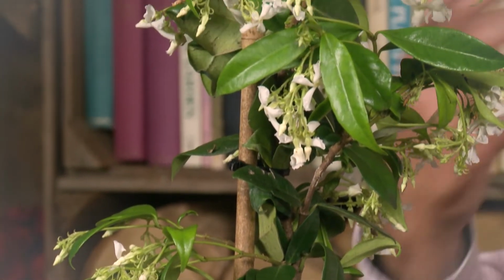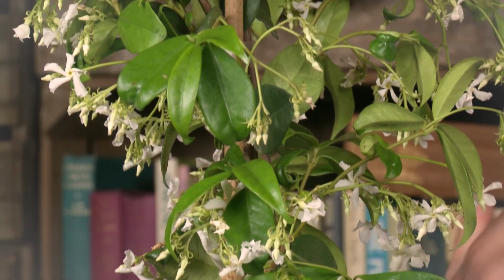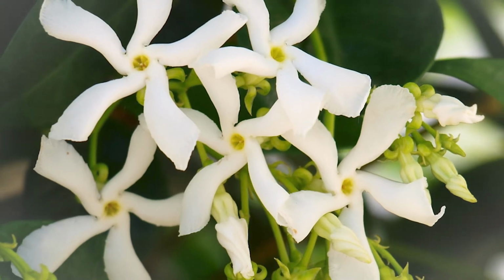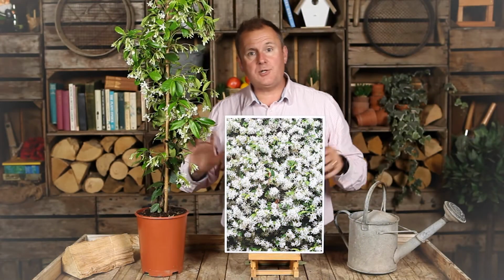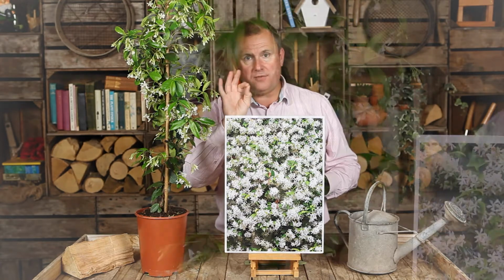The foliage is evergreen, so pretty much all year round you'll have the foliage, but from May all the way through the whole of the summer, you'll get more and more flowers. It will grow to 2.5 meters tall. It will spread maybe 2.5 meters across per plant over time. So you can create a wall of evergreen foliage, which in summer is smothered with literally thousands of beautifully fragrant